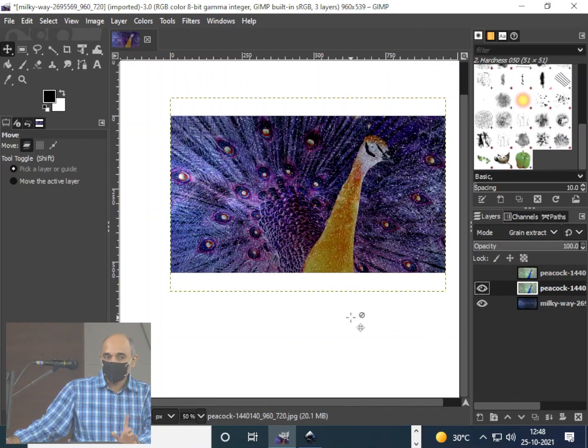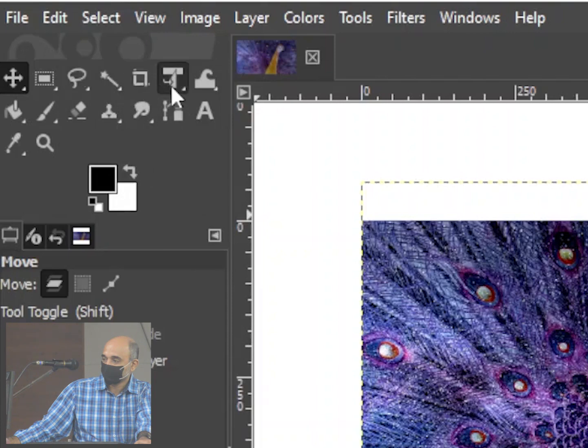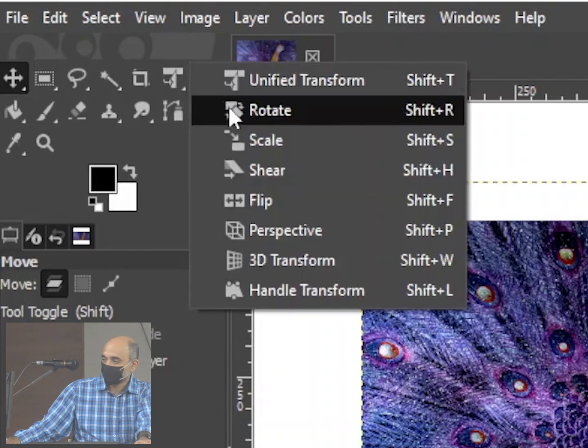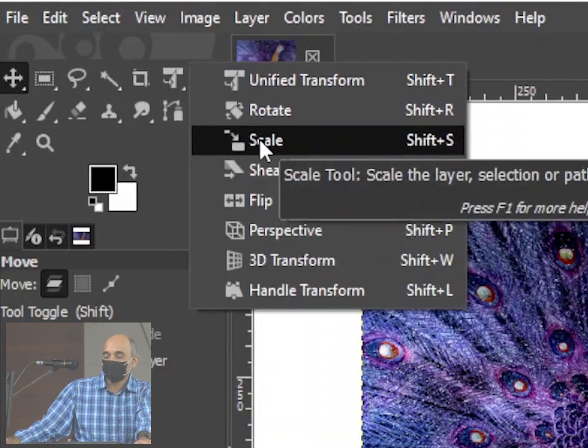Okay, so this is one lesson plan that you have, blending modes. And within blending modes, again, I can rotate this, and I can do a lot of these operations to get different effects. So we can try that also here. Okay, so what I'll do is I'll scale.